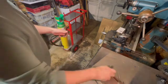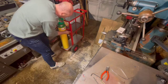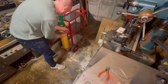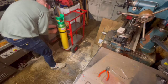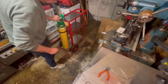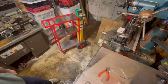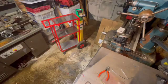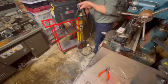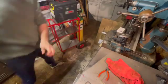So I did make this bracket up here, which unfortunately I forgot to film, but I just bent some steel around the argon bottle and then put 2 90-degree bends on each side and drilled some holes in it, and then there's some riv nuts in the back of the trolley, and that just holds the argon bottle on there nice and securely. There is actually a rubber strap that can go inside that if I did go for a slightly smaller